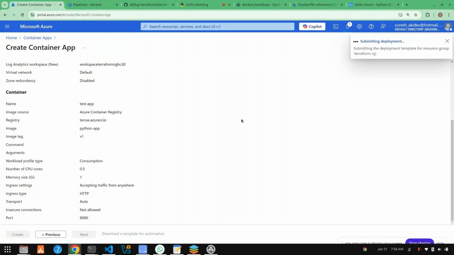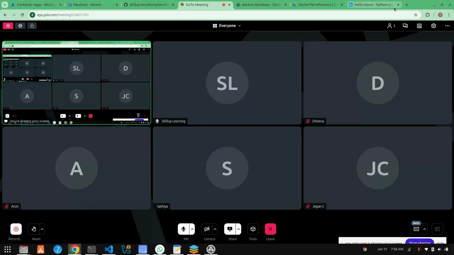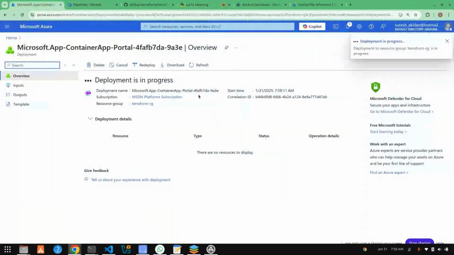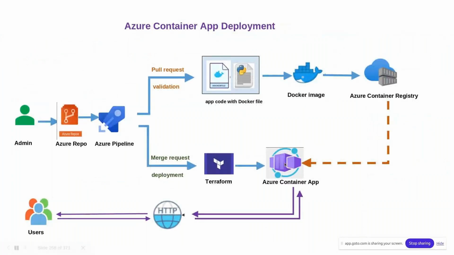so do you know what we are doing here? Do you know what it is doing here? Basically this container app, right? We mentioned all the information. What is the container registry, what should be the image, what should be the tag, what should be the port, what should be the command, everything we have mentioned while creating the container app. So what will happen at the time of creation, it will pull the Docker image from the registry, and it will run